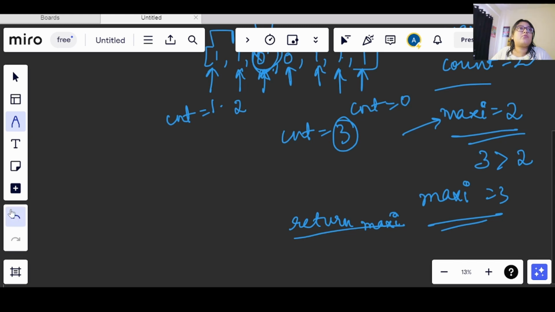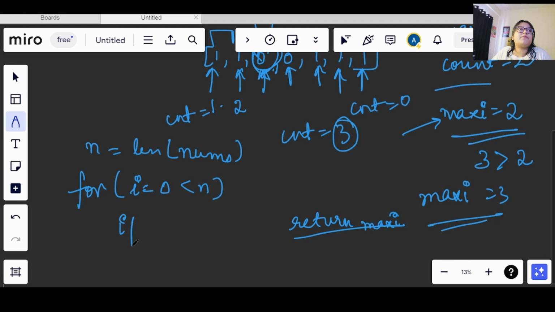So let's do that. We will start from i equals 0, and we will go till less than n. n will be the length of the array, which is nums here. Inside this loop we will see if nums at i is equal to 1, then I will increment my count by 1.